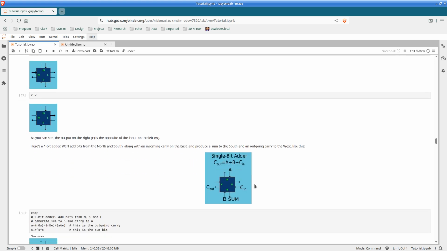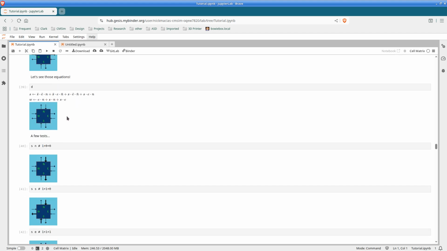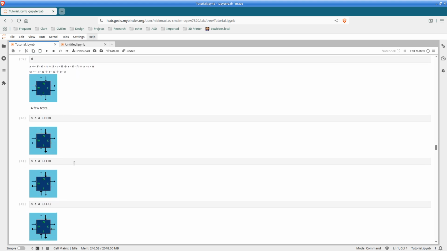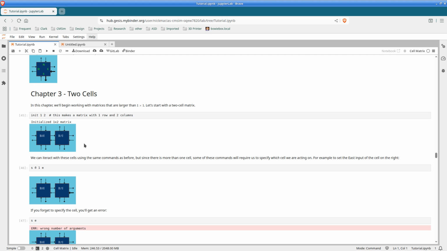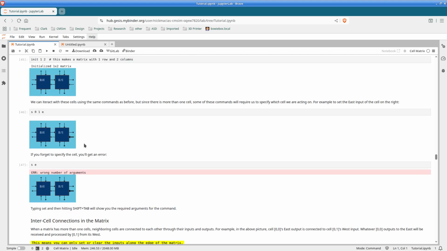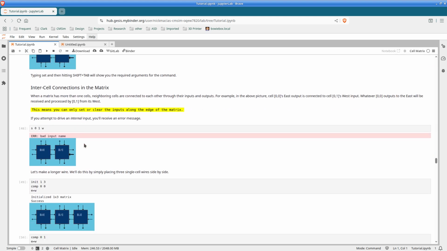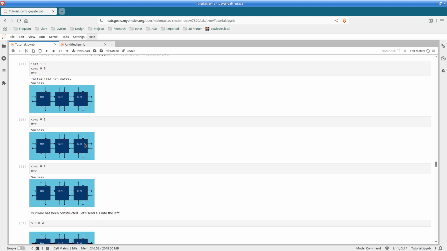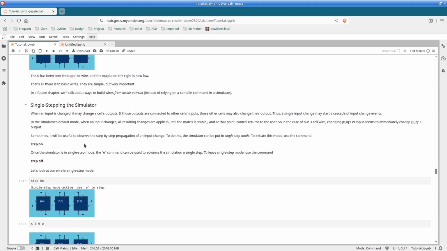So there's the inverter again. Here's a single bit adder, and we can see the equations and run some tests and do some simple single bit addition, and then we can move on to 2 cell circuits. So here's a circuit with 2 cells, and here's a 3 cell circuit. We've got longer wires, and then